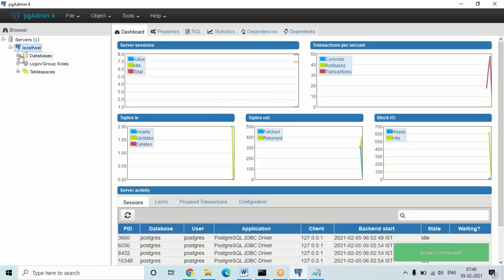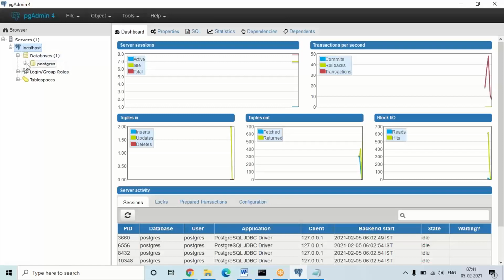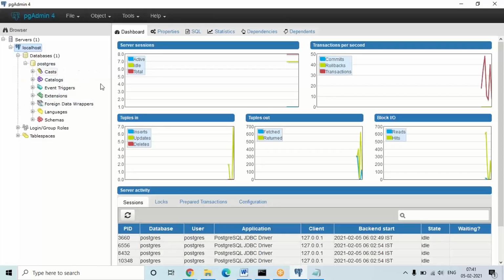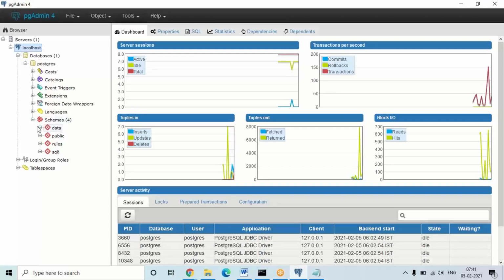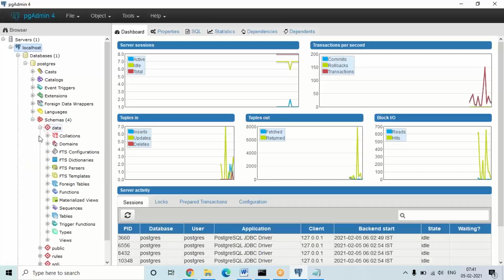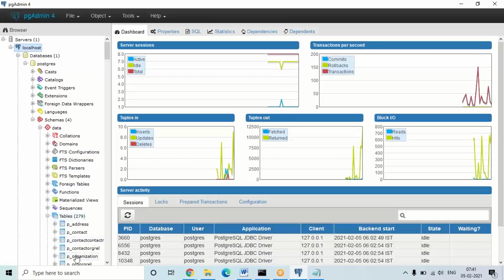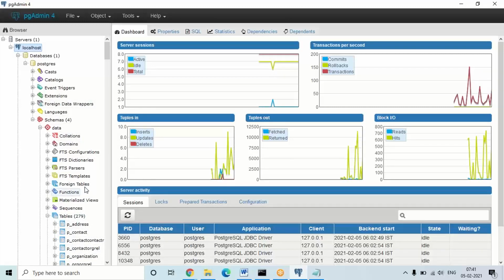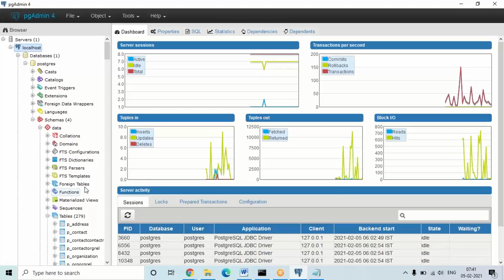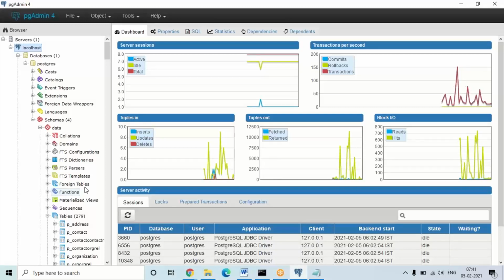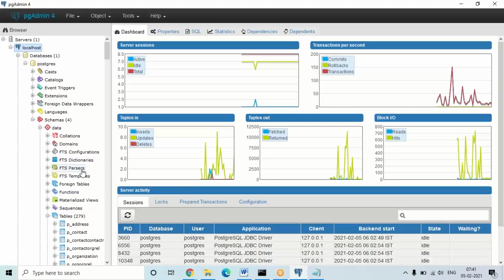Then under that you can see your databases, Postgres. If I expand that, you can see other things which you will understand later. Some schemas will be there. Under the schemas you have to go to data, and here you'll have something called tables. Rule based tables will be there, but don't worry, I'm not discussing more about this now. Just create this connection. In the future we will understand how some rule based tables are created automatically, what the different categories are, and their purpose and difference. Apart from that, we are not going to add anything manually here.